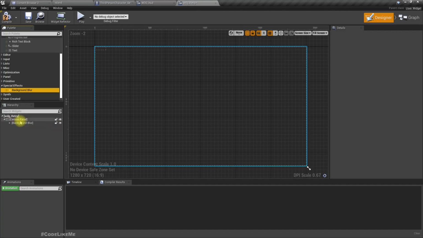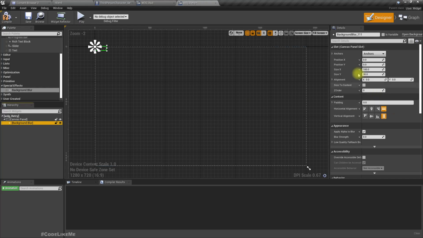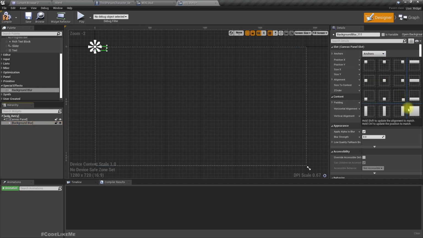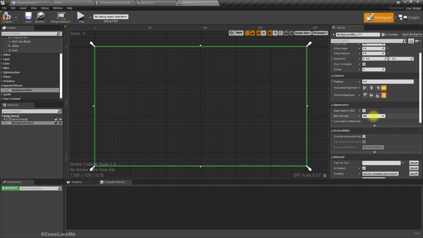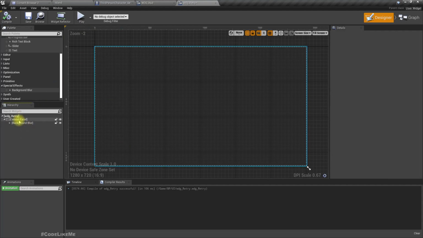Let me drag and drop one, and I'll apply it to the whole screen this way, and set the blur strength to 2. So what happens is, now everything below this plane will be blurred. So basically the in-game scene will be blurred, and on top of that,